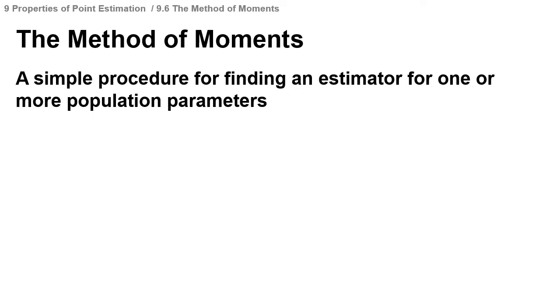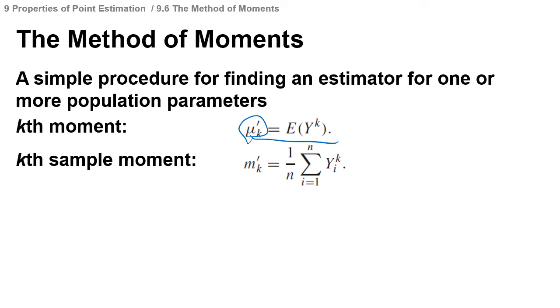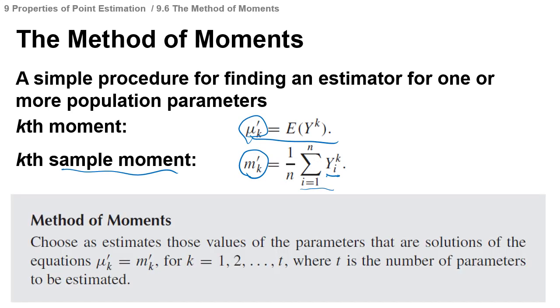The method of moments is a simple procedure for finding an estimator for one or more population parameters. The way is, let us first define the moment. The kth moment can be defined like this: the expected value of y to the k. Let us define this as the kth moment, and we can also define the kth sample moment. We can calculate the sample moment from the samples. From given samples, we can calculate the kth sample moment, and the method of moments is